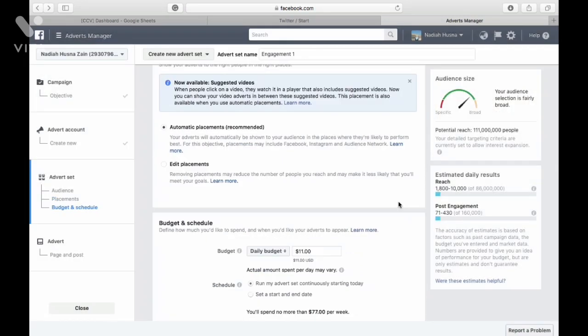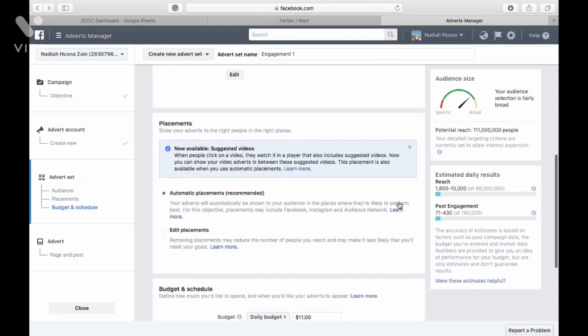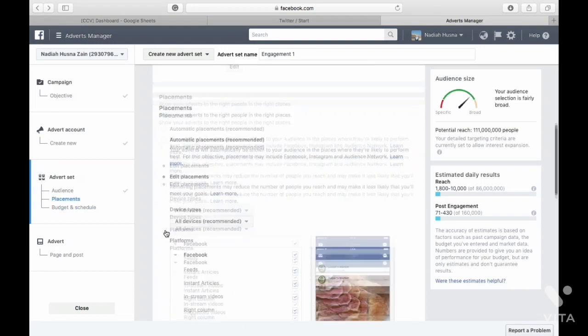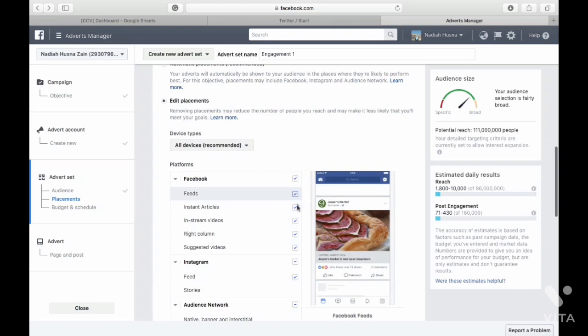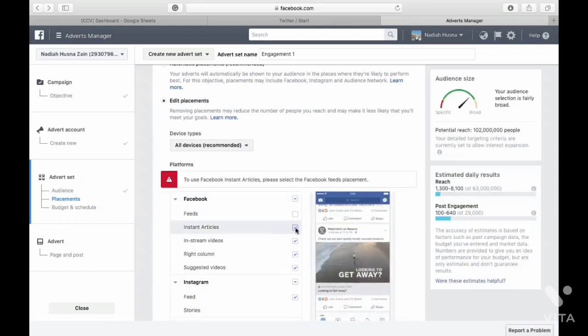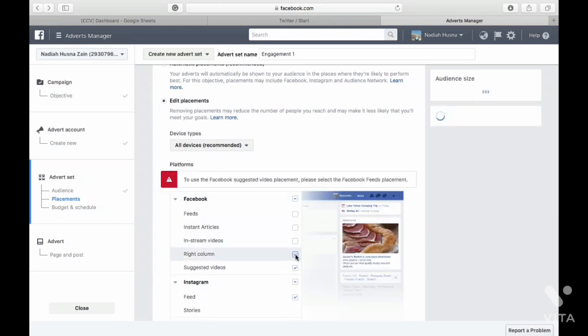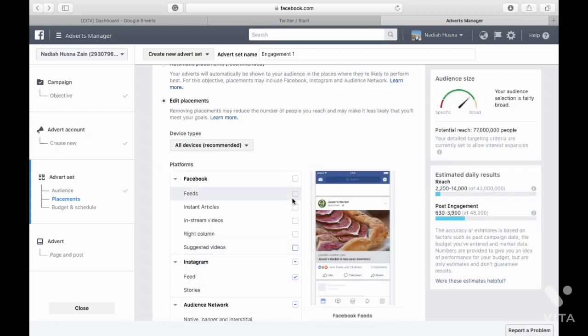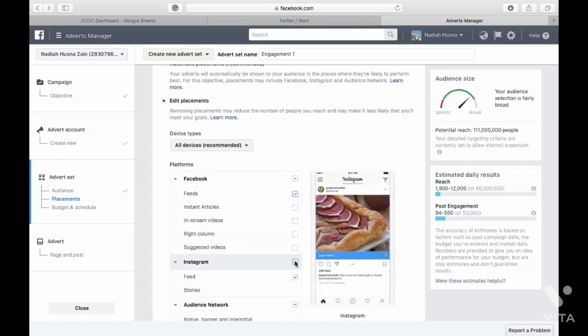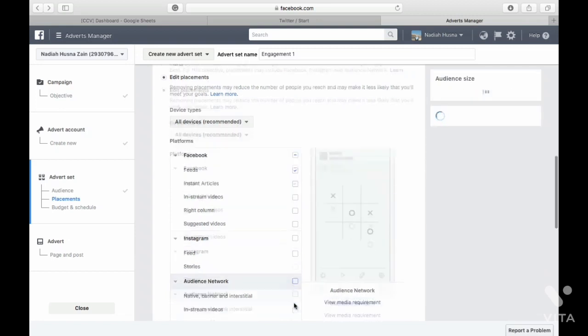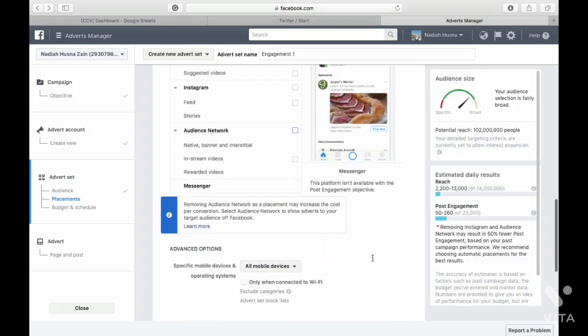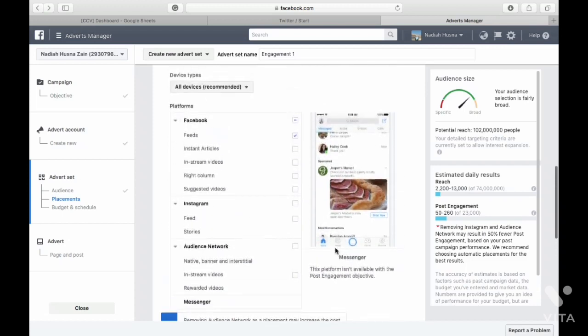Determine where you want your ads to be placed at. You are recommended to only place your ads on Facebook newsfeed. You want to select Edit Placements and uncheck everything except FB newsfeed. The reason you're doing this is so that you know which placement is working for you and which isn't. If you put all placements, Facebook cycles through each different placement to get the best results for you, but sometimes it may not be the platform you want. The result takes slightly longer to achieve because Facebook will need some time to optimize your campaign.